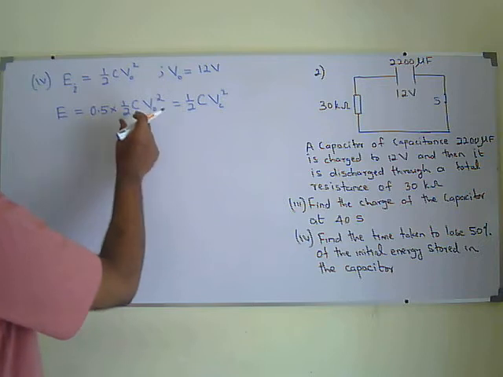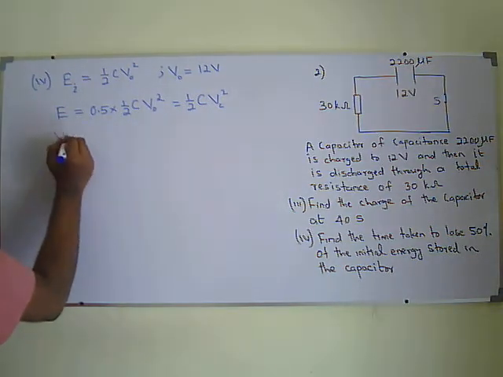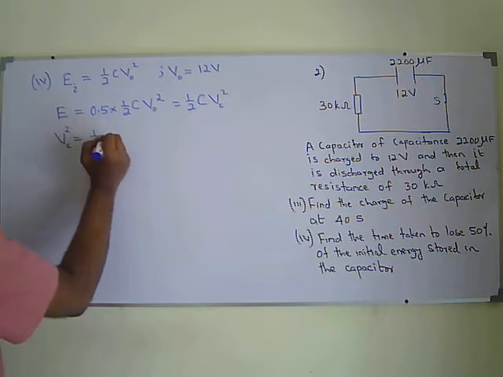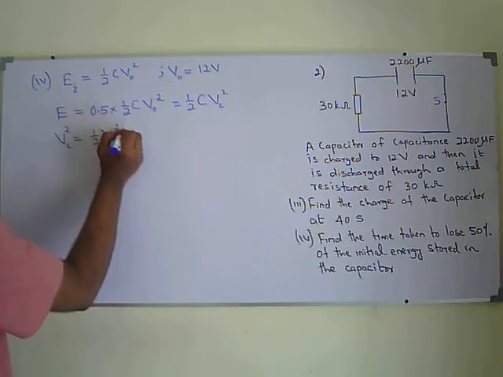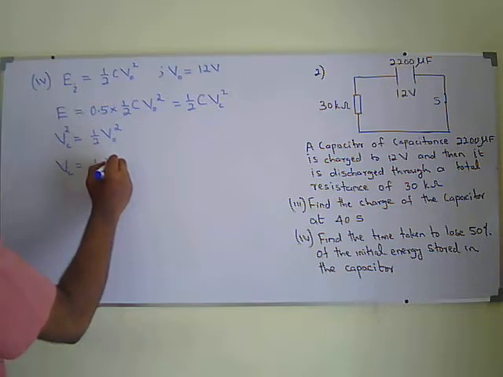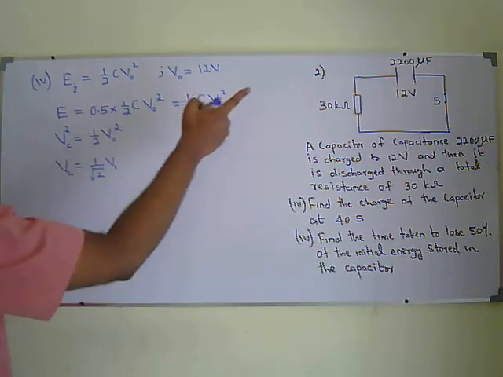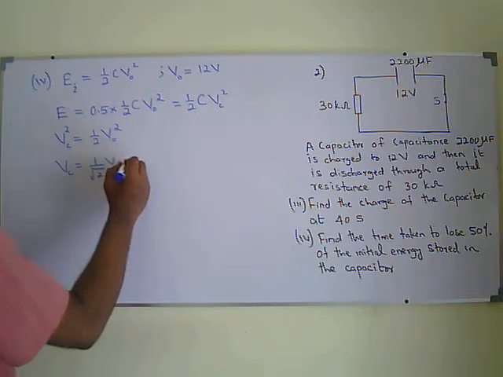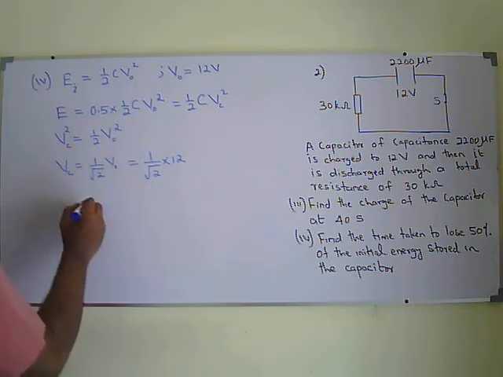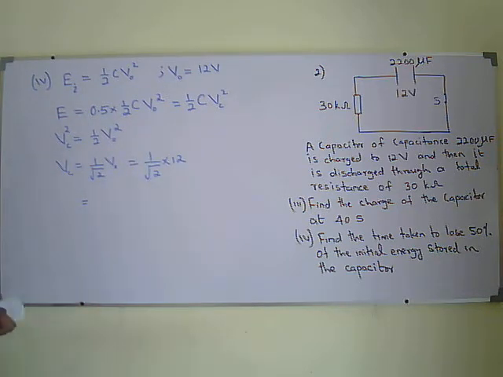So half C and half C will get cancelled. So VC squared is going to be 0.5, or that is half V0 squared. So VC is going to be 1 over square root 2 of V0. But V0 we know is 12. So that is going to be 1 over square root of 2 into 12. So that VC will be equal to